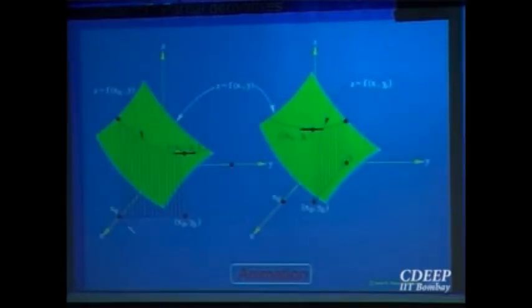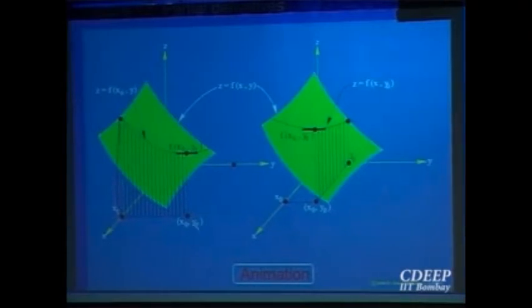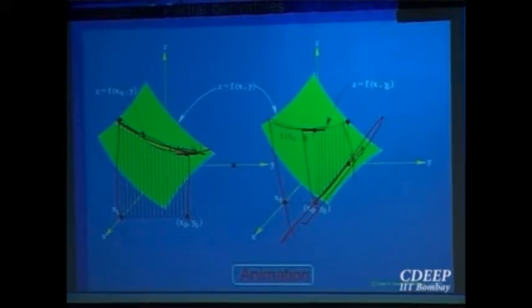At x equal to x naught, you take this plane and that intersects the surface in this curve. Similarly, at y equal to y naught, take that plane and raise it up, so that when you raise it, that gives you this curve. So that is the other coordinate curve. These are the two basic coordinate curves that you get for functions of two variables.